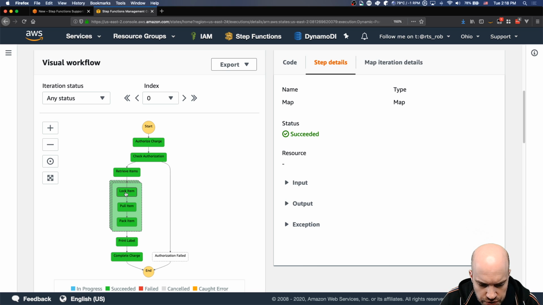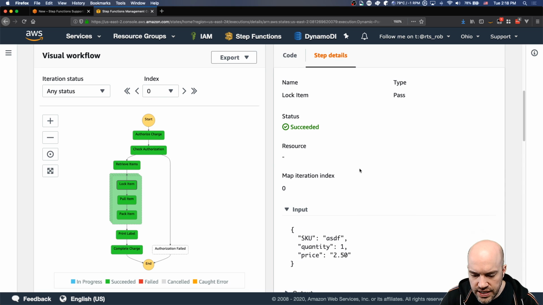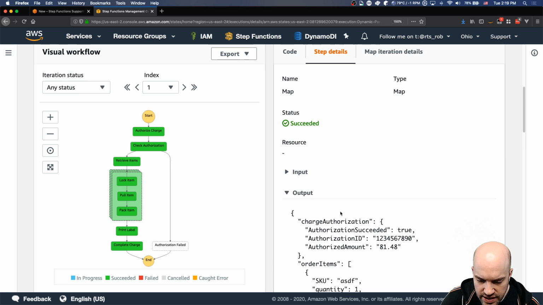Or when you go into an individual step inside that workflow, then you can move back and forth between those values. So we'll see here, this was our first line item that we took 1 at 250. And this was our second line item where we took 17 at 421, right? So you can really granularly see what's happening inside this state, even though you're doing multiple things at the same time. And then we see at the very end of this,